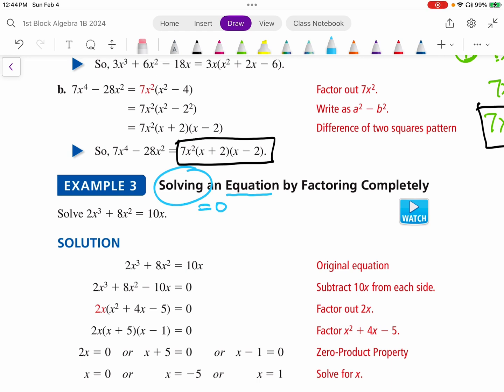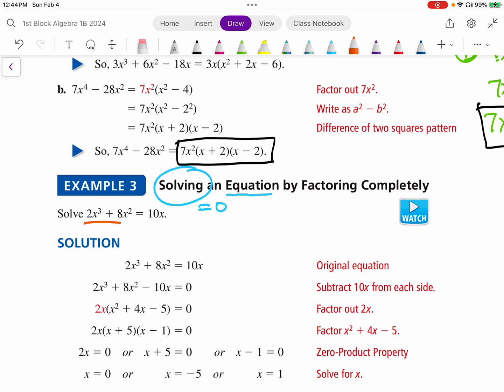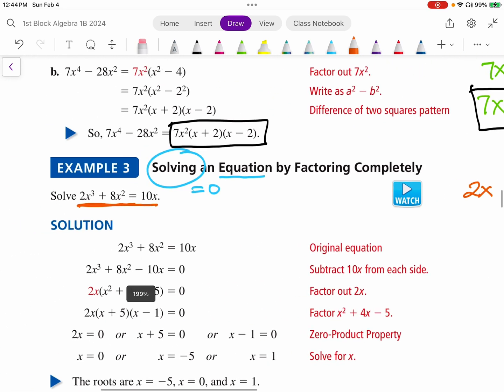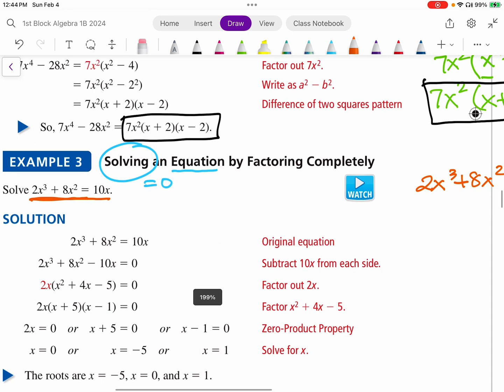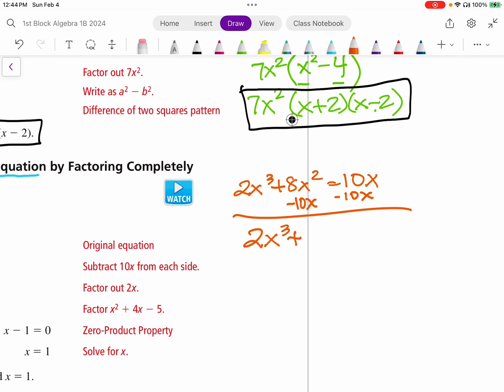All right, so what are we given here? We are given 2x to the third power plus 8x to the second power equals 10x. So I'm going to come over here, 2x to the third power plus 8x to the second power equals 10x. Well, this does not say equal 0, and that's our first goal. So I'm going to subtract 10x from each side, and we're going to get 2x to the third power plus